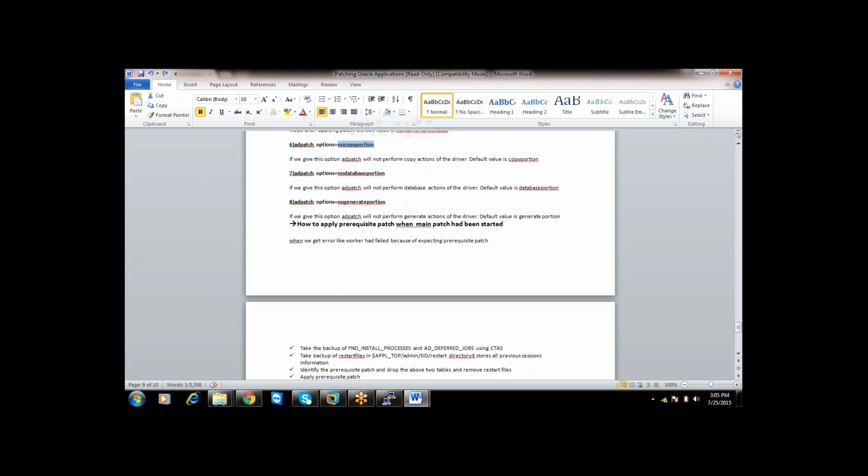If you give no copy portion, it won't copy any files. If the patch is not copying any files, it is a waste applying the patch. If you give no database portion, it is a waste applying the patch, because the database level files will not get executed. If you give no generate portion, the application level files will not get regenerated. So people will never go with these three options.